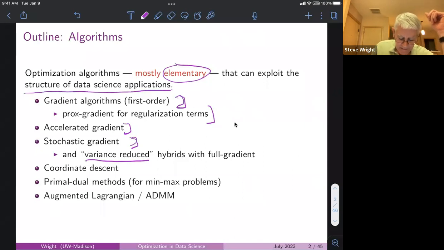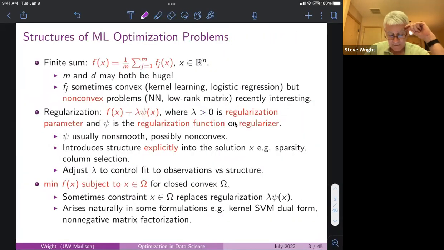So we'll see that. I'll say a little bit about coordinate descent. A very recent topic is primal dual methods for min-max problems. I told you last night what min-max problems were, and I'll tell you again tonight. And I guess it's midday your time, it's tonight my time. And then if there's time at the end, I'll talk about augmented Lagrangian and ADMM, which also have been quite